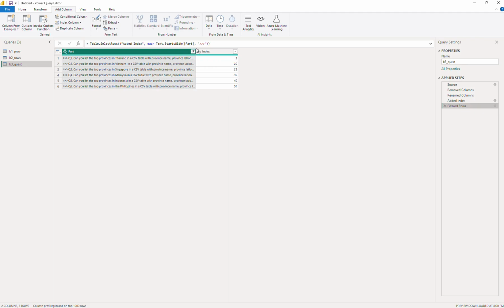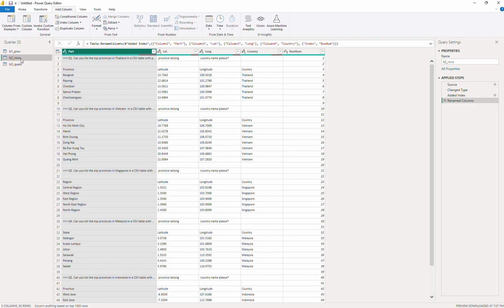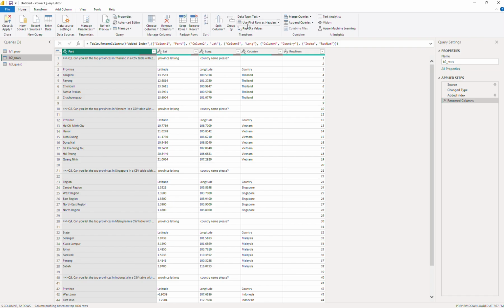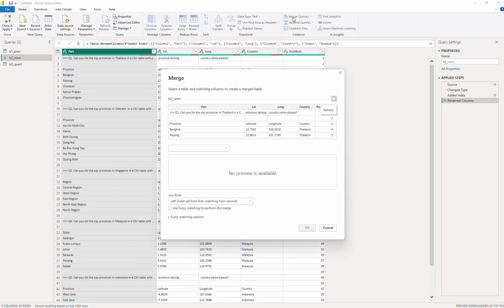Okay, so that's how you select all the rows with Q1, Q2, Q3, and Q4, Q6. Okay, so this one is the question part, and then you're done. Now going back to this one, if you want to merge the question here into this table, you can go to the transformation. Oh, sorry, go to home and then merge query,